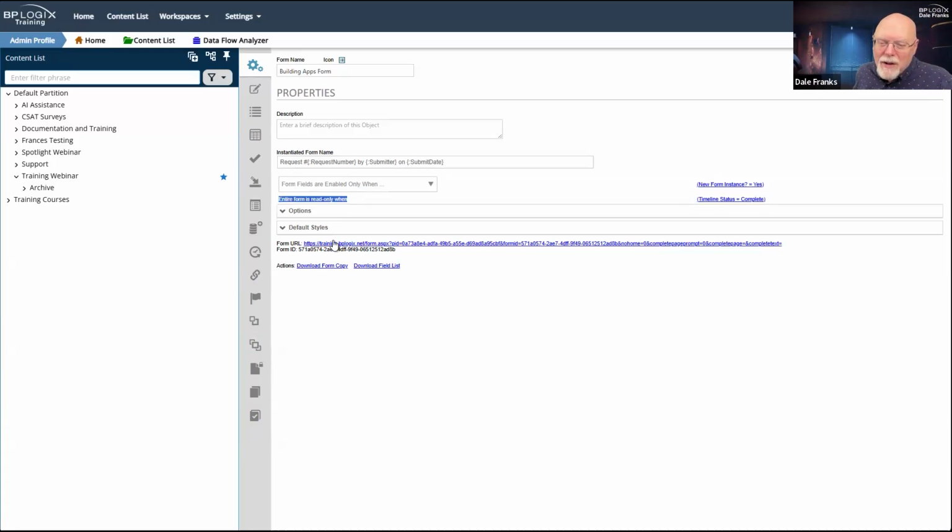Don't take this to the bank. I mean, anyone else who is an administrator and who has access to the content list could technically come along and change this setting. This is not perfect security here. What it does do is it prevents end users who might have access to the form instance through a knowledge view or what have you, and who might open it, from making any changes.